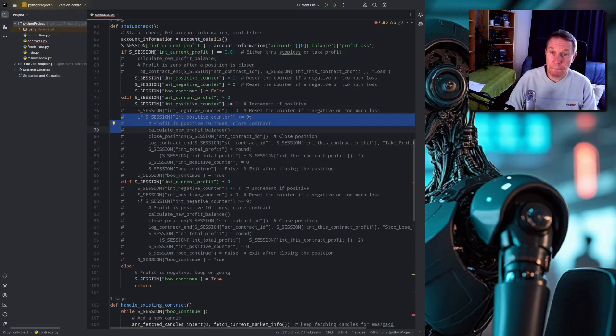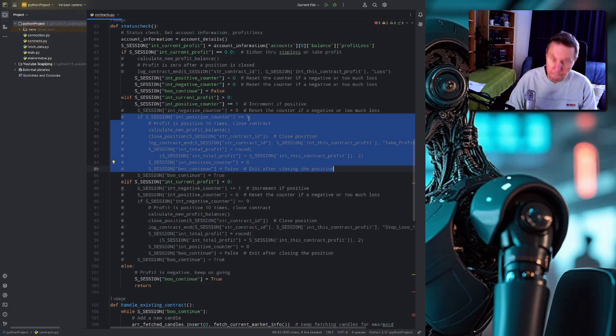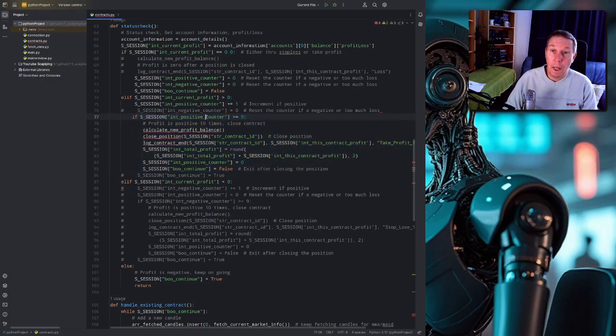Then I'm going to take a look at this entire if. If the positive counter reaches a number higher or equal to 9, 0 to 9 means 10 minutes. If there is 10 minutes a positive